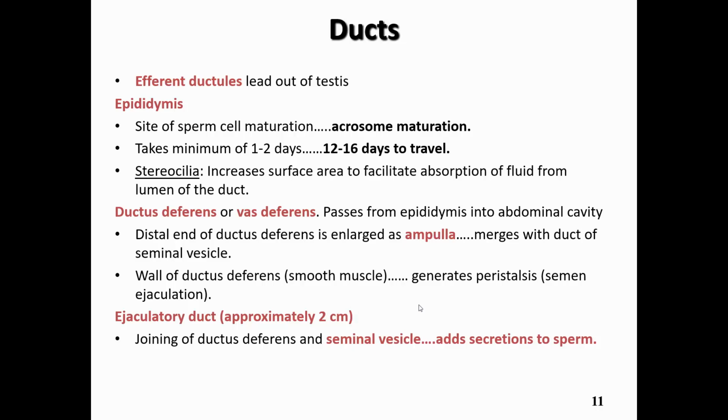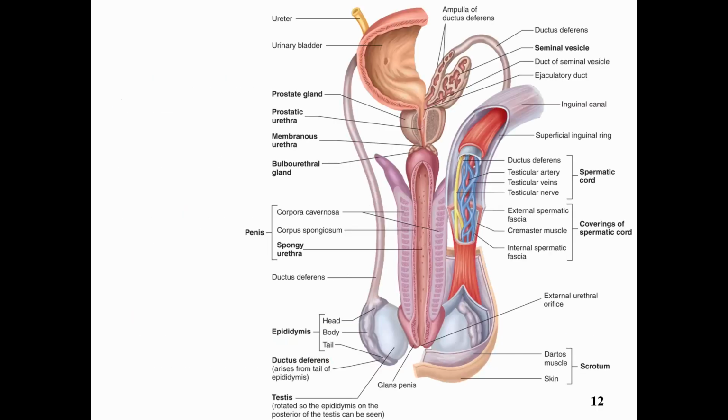Up until the point that sperm cells reach the seminal vesicle, it's essentially fluid secreted by the cells that also produce those sperm cells. But then additional fluid and secretions are added to it by the seminal vesicles, as well as the other accessory organs. It ends at the urethra within the prostate gland, and the prostate gland further adds more secretions to the sperm cells. So in this picture, there are a lot of labels, but we're just going to